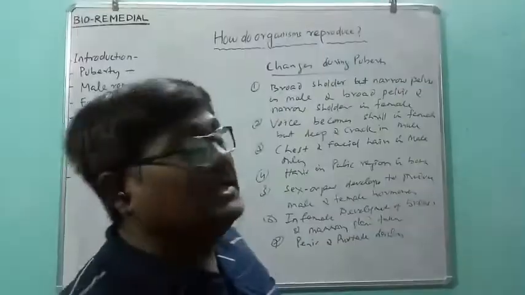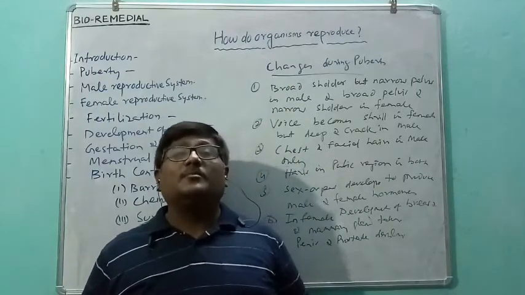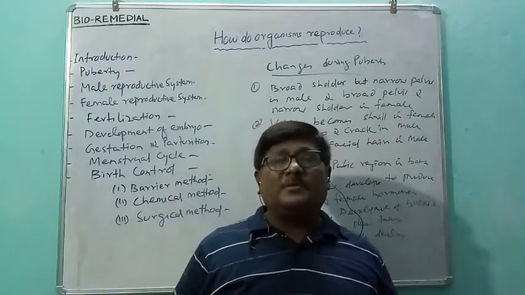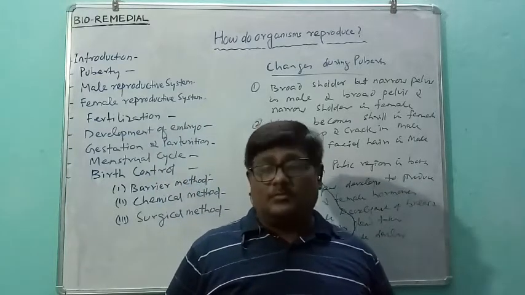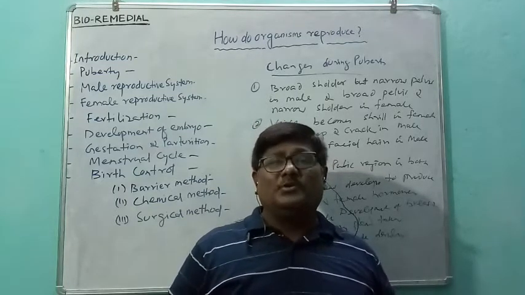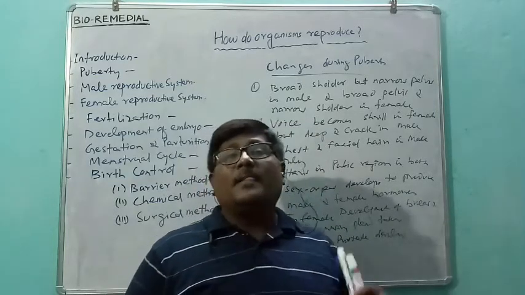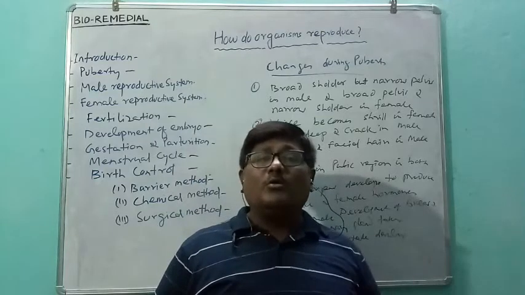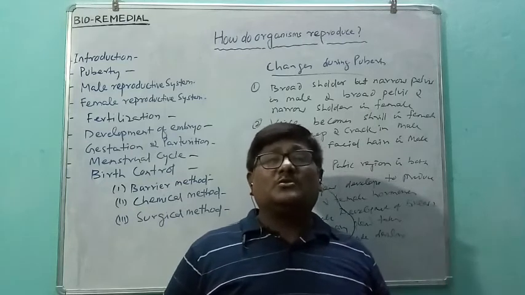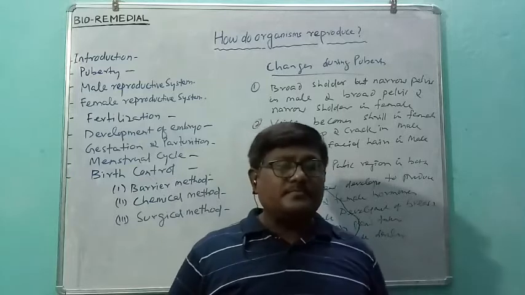Now, after puberty, this is caused due to the secretion of hormones. At puberty, all the changes take place due to the production of hormones. The male body produces male sex hormones, usually produced by the testis, the male sex gland, and the testosterone is responsible for all the secondary sexual characters, and at the same time testosterone is also responsible for production of male gametes called sperms.